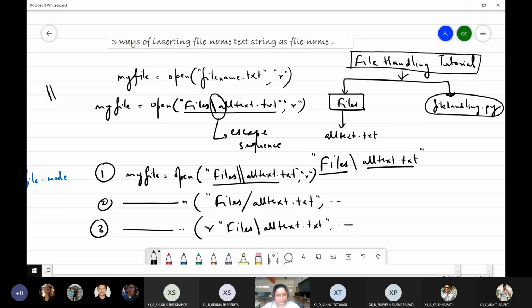One is to use a double slash, which is an escape sequence for backslash. Second option is to use a single forward slash to separate the folder from the file. And third is to use a character r. Just type small r, then double quotes, then the folder, and then you can proceed as usual.